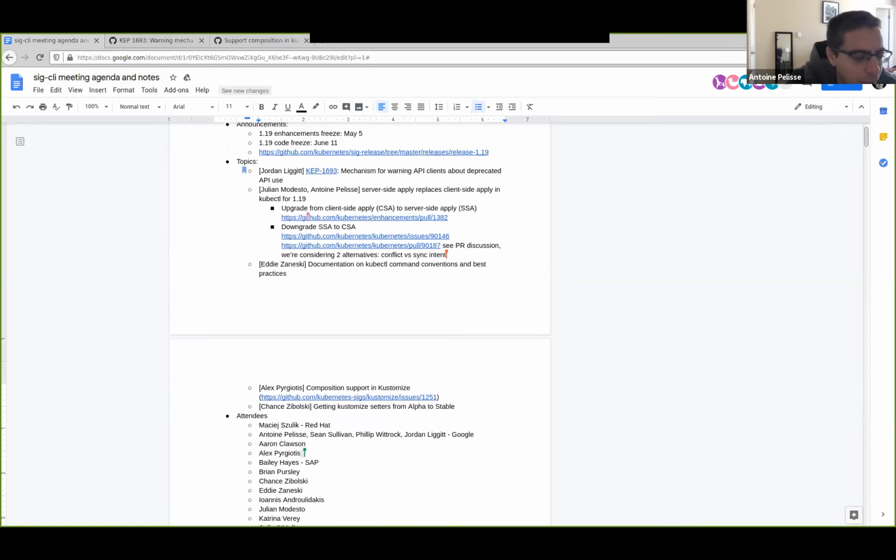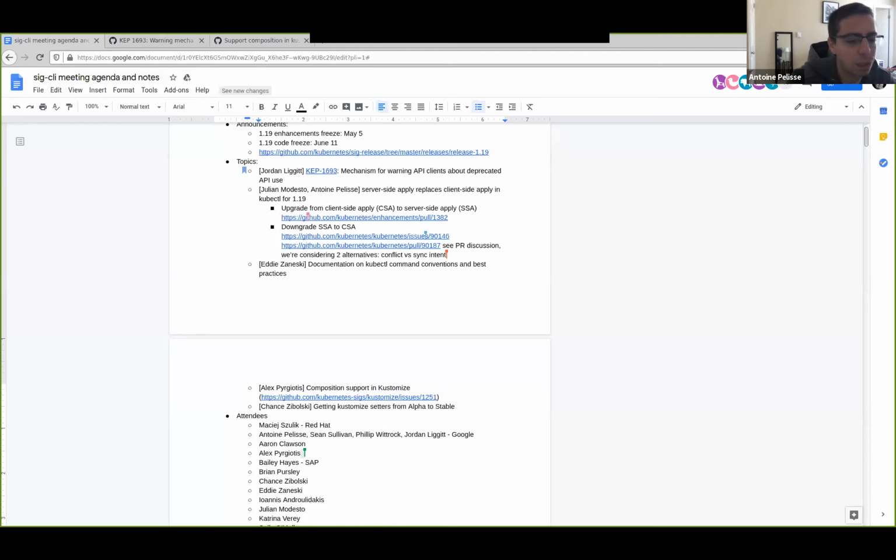Yeah, that's something I want to add. Especially since we have this SIG release email yesterday that says that we shouldn't do something that's going to require an action. There is a little difference that's going to happen when we change client-side apply to server-side apply by default, is that now we can have conflicts if you're trying to change a field that somebody else owns, which didn't happen before. So I'm thinking about CI/CD systems that have or use kubectl today to apply files.